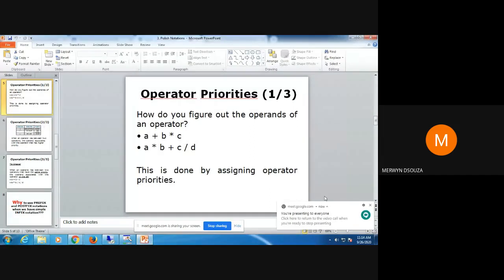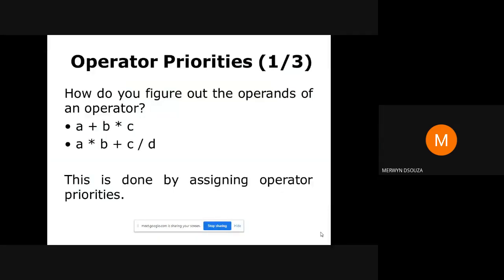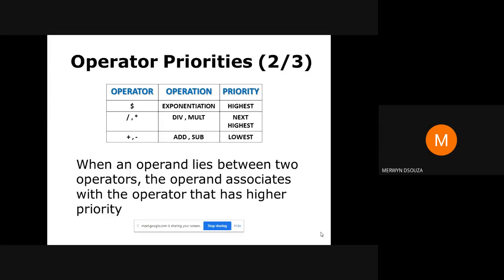Now I'll show you how the operator priorities are given in data structures. So this is the way the priorities will be given. In data structures, we have an exponent. Suppose we have a power sign. That power sign will be represented, in our textbook, using dollar. It could be given any symbol because there is no special symbol for the power sign. So in our case, whatever examples we solve, the exponent, that is the power, will be given the sign dollar.